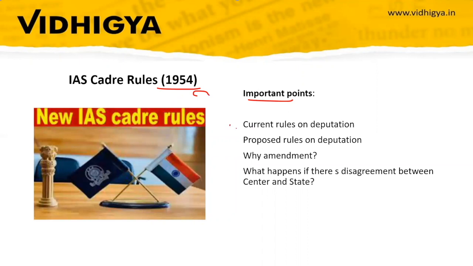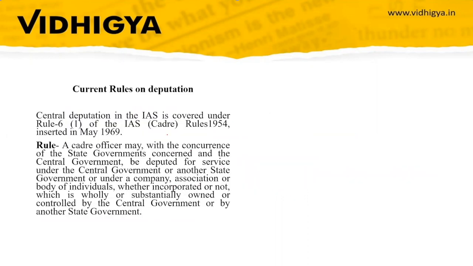Important points: current rules on central deputation, proposed rule on central deputation, why the amendment in the central deputation rule, and what happens if there is disagreement between center and state. So, current rules on deputation. The central deputation in the IAS is covered under Rule 6. So the amendment is related to central deputation